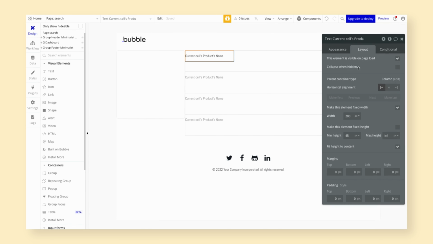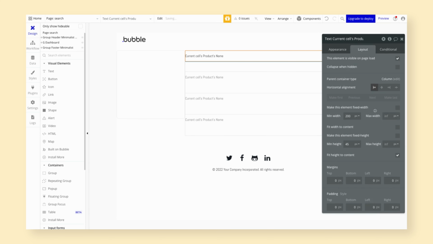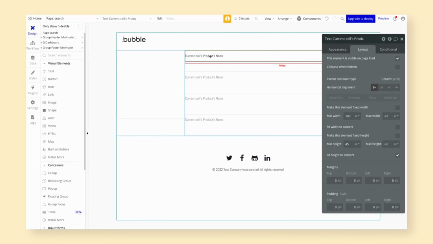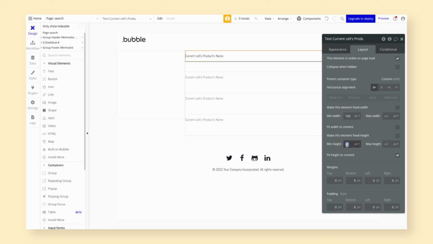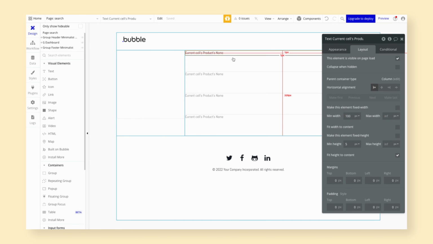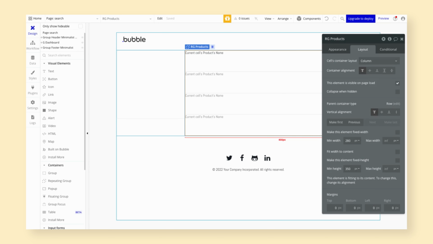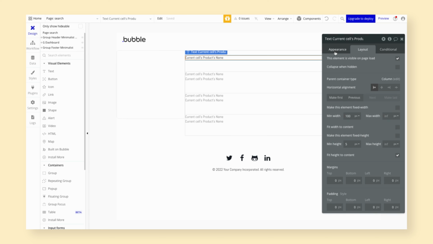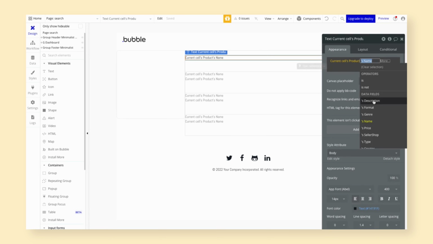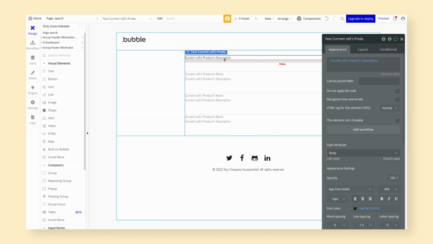I'm going to go ahead and fix this layout a little bit. Maybe I want this to be able to expand horizontally too. And I don't need so much vertical breathing room there. So I'm just going to change the minimum height to 5. And because this text element is roughly formatted the way I want, I'm just going to go ahead and copy and paste for the next row of text, which will be the description. After that,